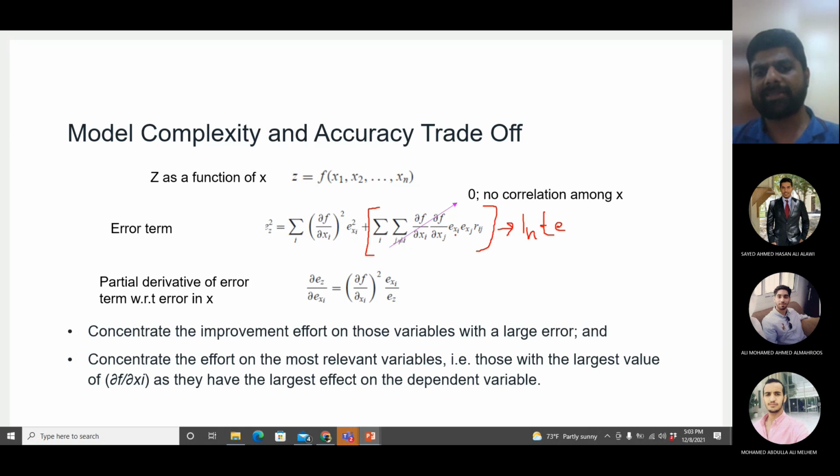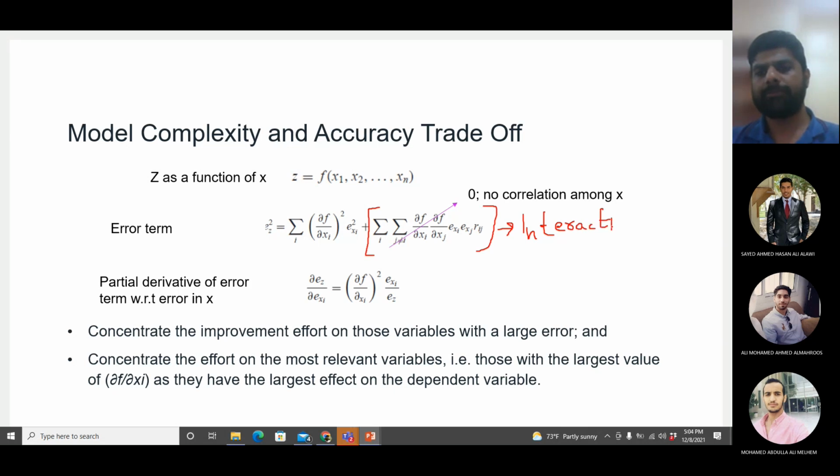Okay, everything has the same meaning. Partial differentiation of z with respect to xi, partial differentiation of z with respect to xj, and the error for each term multiplied by rij, which is a correlation. Okay, correlation between x1 and x2. What is the correlation between x1 and x2? So we call it the interaction error